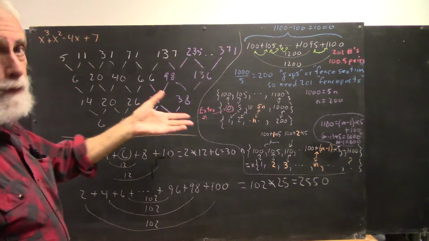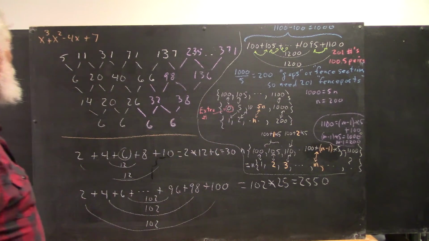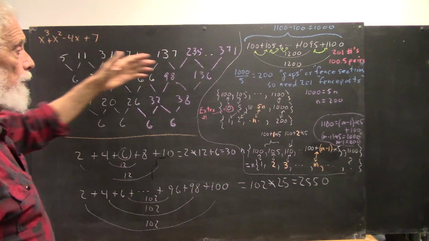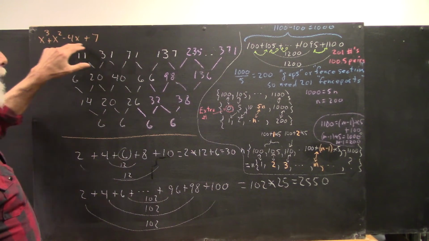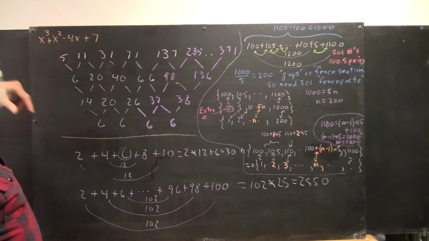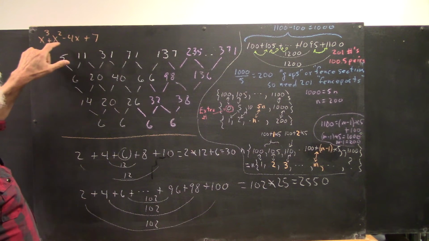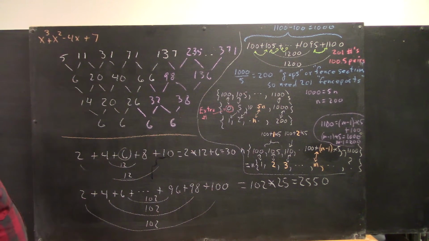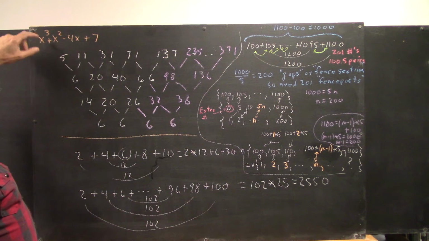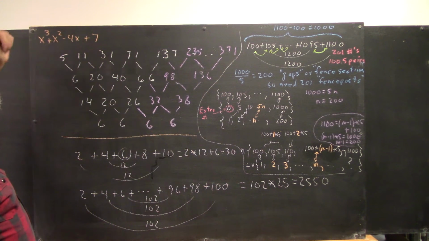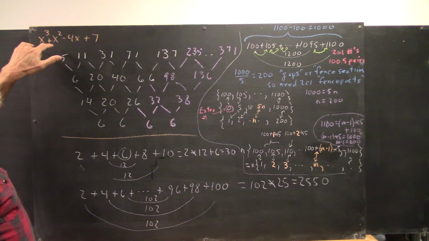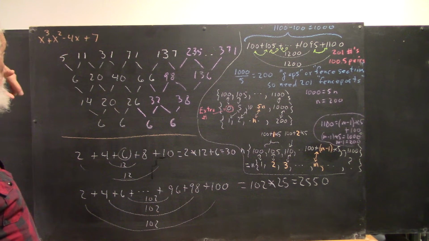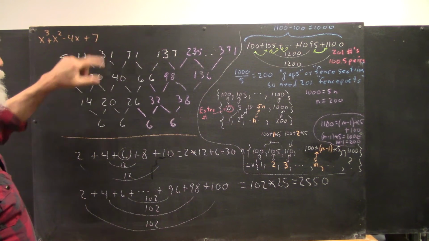Now, just as a point of interest, you don't have to know this, but I generated this sequence by evaluating this polynomial. When x was 1, that gave me 1 and negative 4 and 7, which gives me 5. When x is 2, it gives me x cubed is 8, 2 squared is 4, so 8 and 4 is 12. Minus 4x would be minus 4 times 2, minus 8,